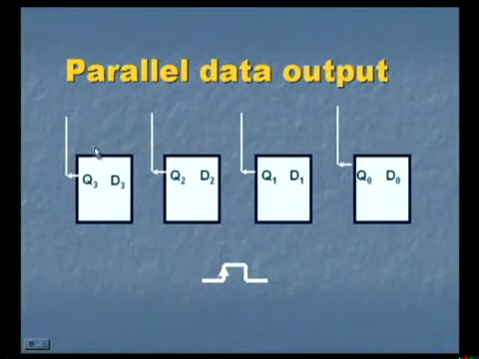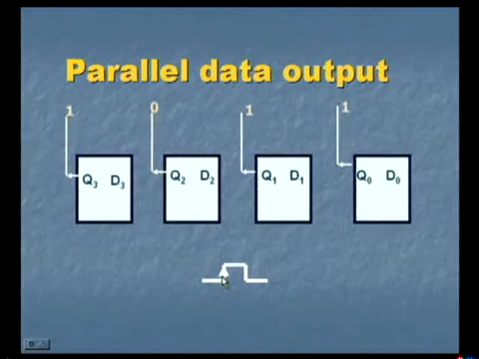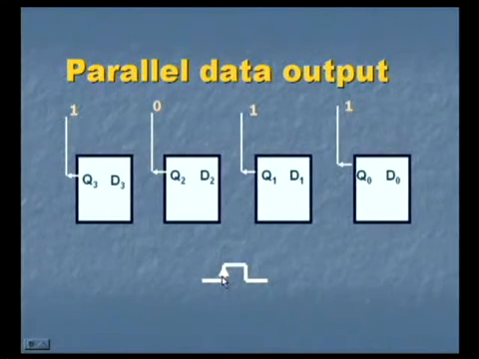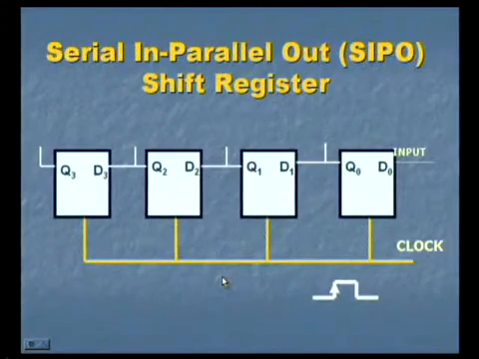Similarly, the parallel data output refers to the emergence of the outputs simultaneously from various flip-flops at the stroke of the clock pulse. So, here once the clock pulse is made high, all data bits will move out simultaneously, that is the parallel data output. Based on all these, we shall see the working of the serial in parallel out shift